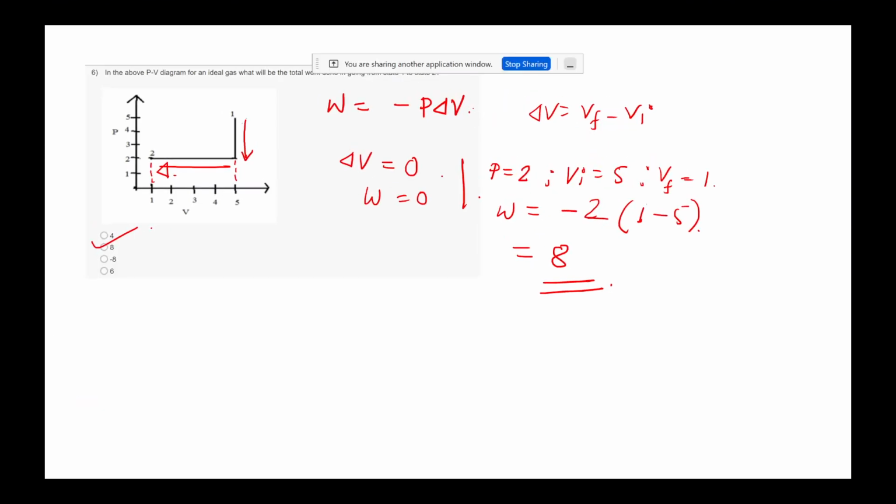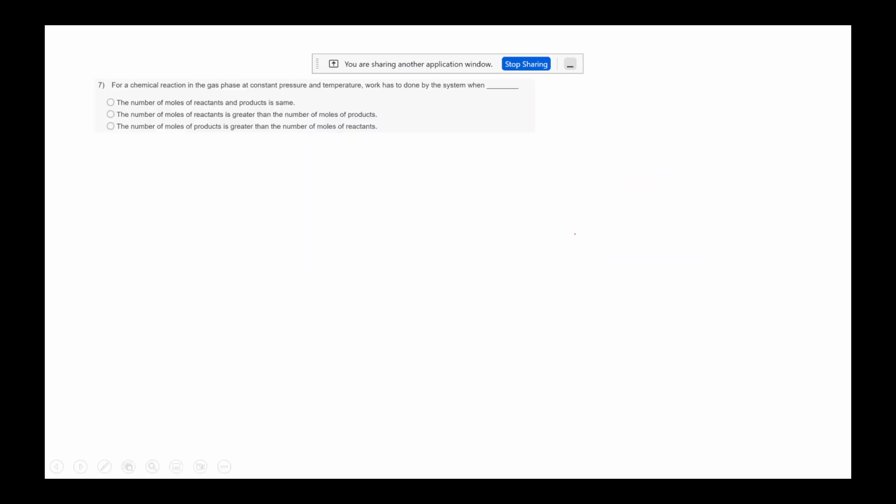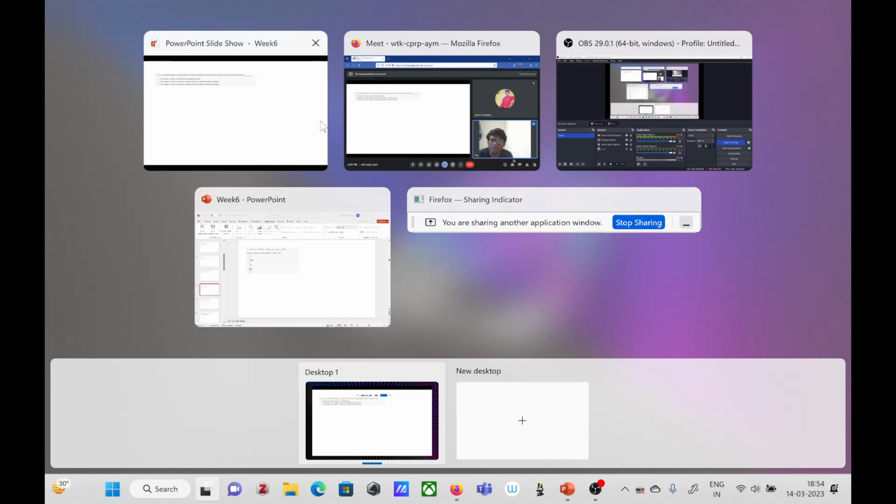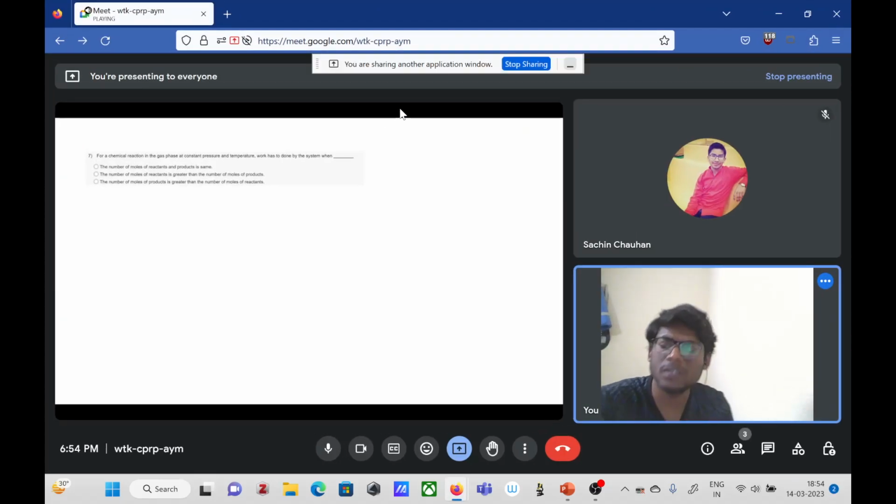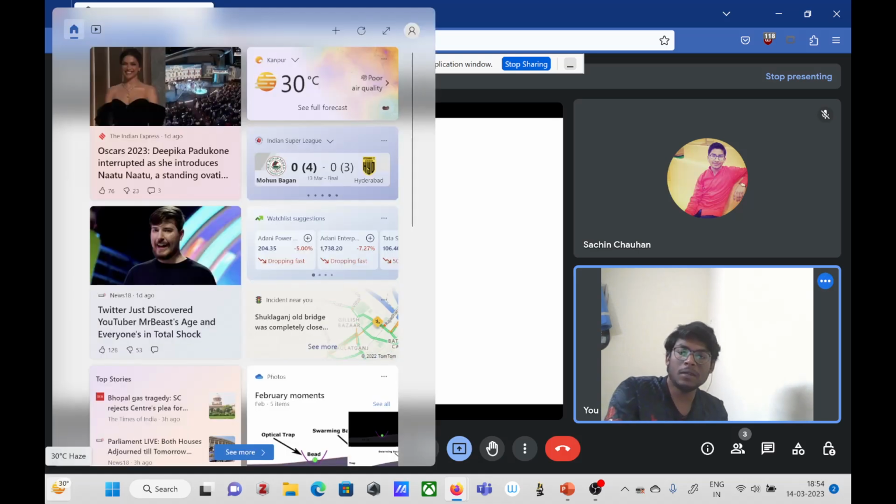Okay, that's the thing. So this is 8 unit. Always remember to write the unit. Since here it is unitless, we will just keep like this. Now this question is very much pedantic. It's easy. For a chemical reaction in the gas phase at constant pressure and temperature, work has to be done by the system when. Now that I actually gave you the